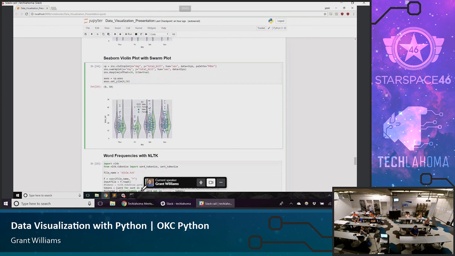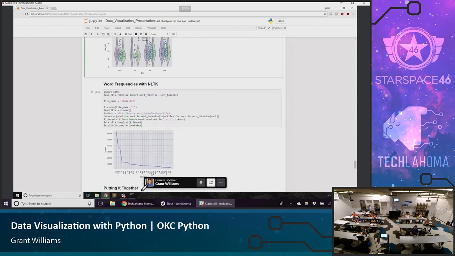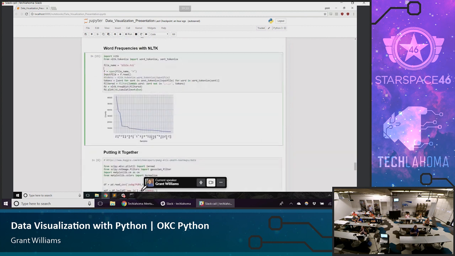And so you can actually use some really interesting plotting built into some of these other Python libraries. So for example, this is the natural language processing library. It's a Python library that has some interesting built-in functions. In this example, I'm reading in a King James version of the Bible as a text file, and then it will automatically tokenize the file for us. Then we can strip things like punctuation, and then it will plot a distribution plot for us that shows the